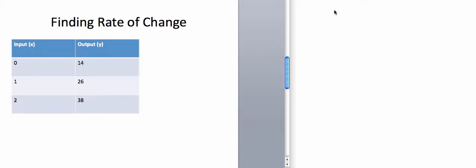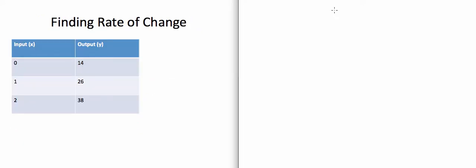Alrighty, so we're finding the rate of change. What that means is we are looking for the difference between these two values when we go from 0 to 1, or from 1 to 2, or 2 to 3, where the x values go up by 1. We're looking for how much the output values go up or down by each time. That's our addition step usually. In this case, it's from 26 to 14, which is a value of 12. If we check with 38 to 26, that's also 12. So our rate of change